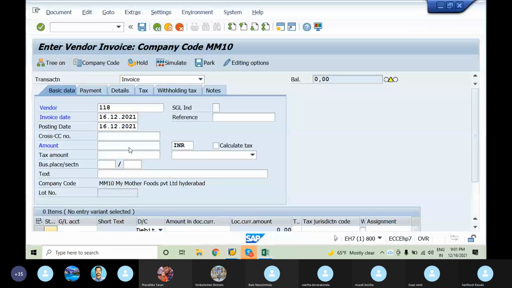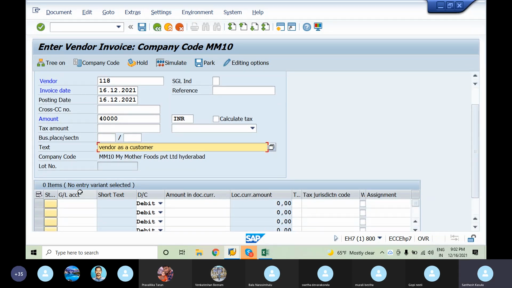$40,000. Vendor account data to purchase account data to vendor account.